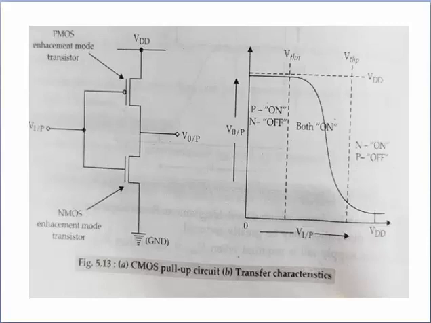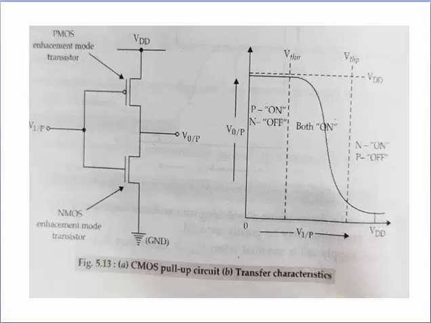And the last region is region 5. In this, the NMOS transistor is in on state and the PMOS transistor is in off state, so no current flows from VDD to ground, and logic 0 appears at the output. That means when V input is at logic 1, the pull-down transistor is in on state and the pull-up transistor is in off state, so no current flows from VDD to VSS, and V output is equal to 0.